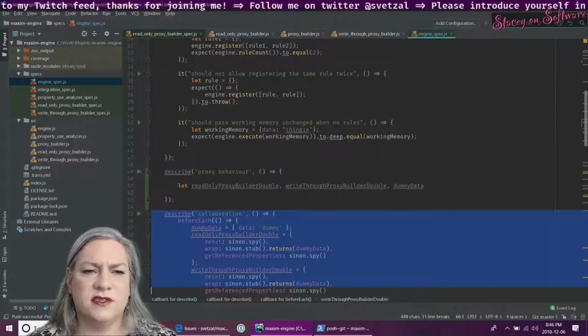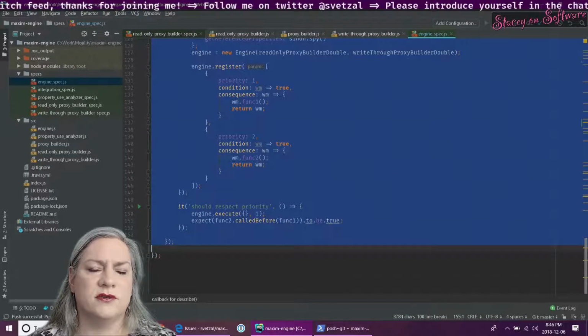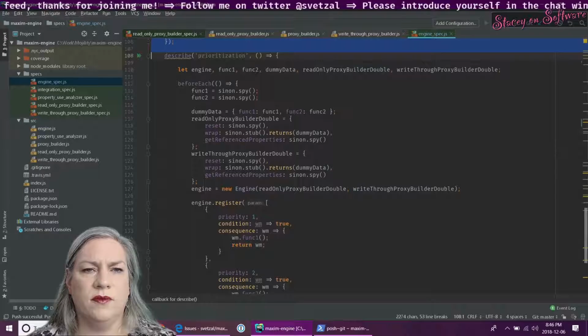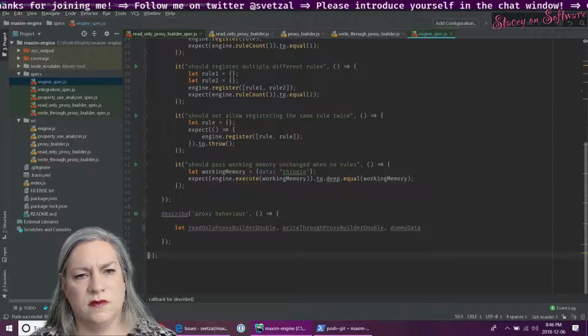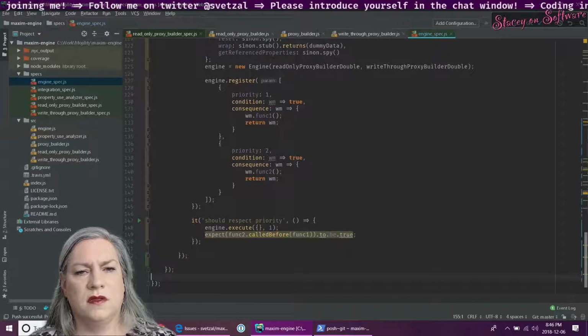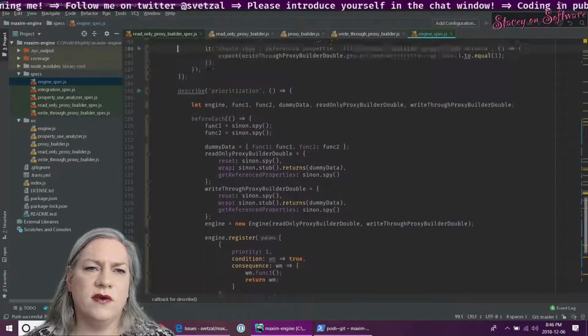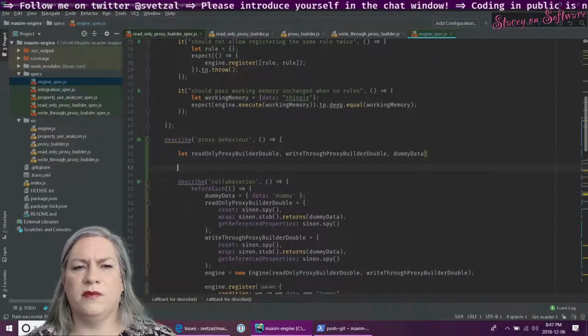And then let's nest these describes inside. Oh, hang on, not this one. Oh, no, yes, this one. So now inside here, I can bubble up these.